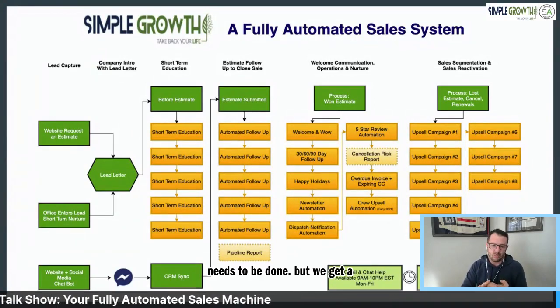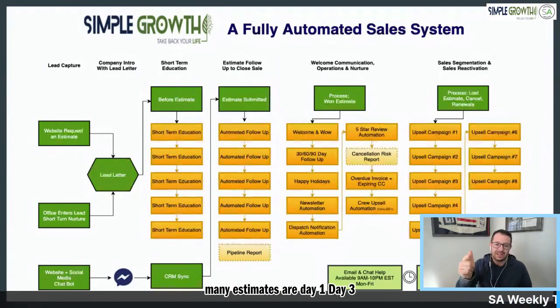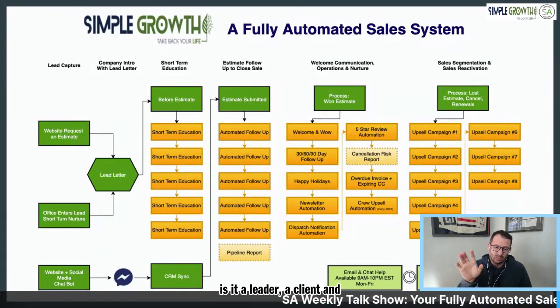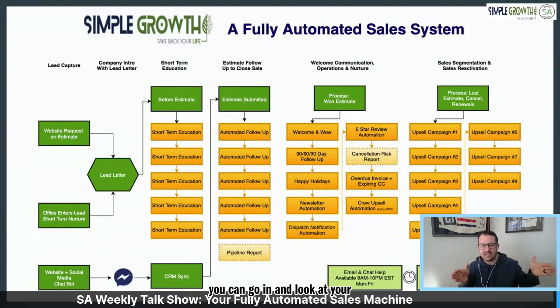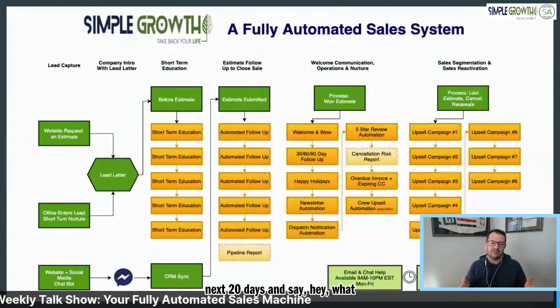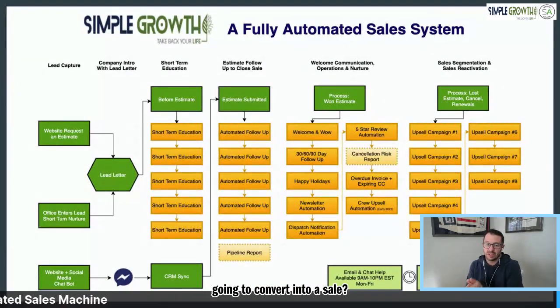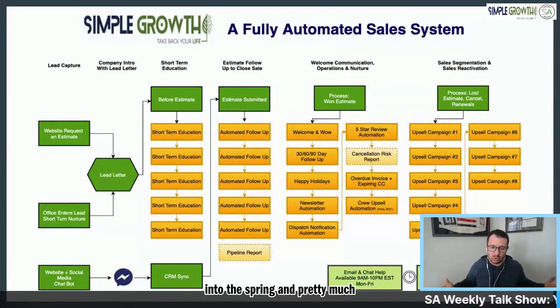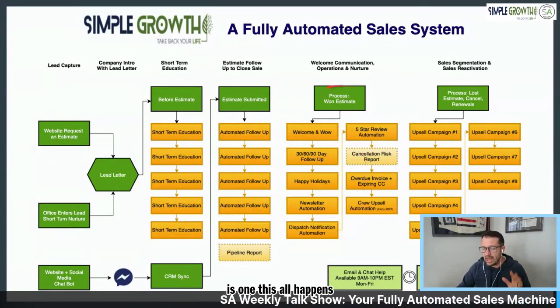We get a weekly or daily report based on our sales pipeline. So how many estimates are at day 1, day 3, day 5, 7, 10, 15, and 20? Is it a lead or a client? And what is the value of that estimate that's still open? So you can go in and look at your next 20 days and say, hey, what do I have in my sales pipeline? What's the probability that it is going to convert into a sale? That's a metric that I think we need to be looking at going into this spring and pretty much the whole entire year. Now, the next thing is if the estimate is won, this all happens automatically with the exception